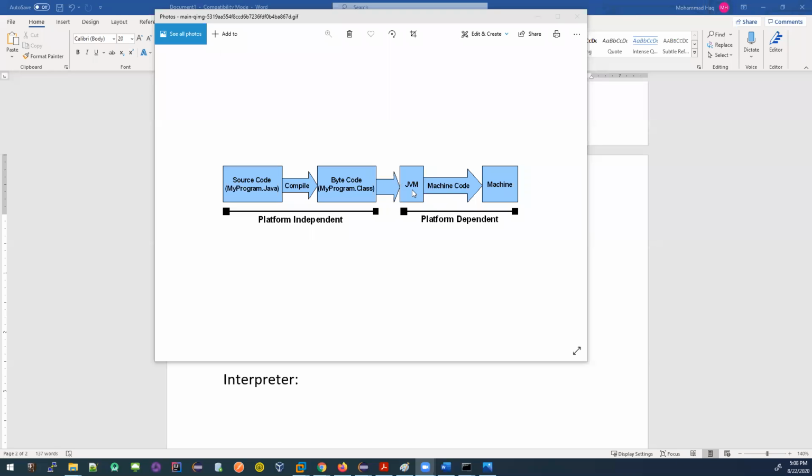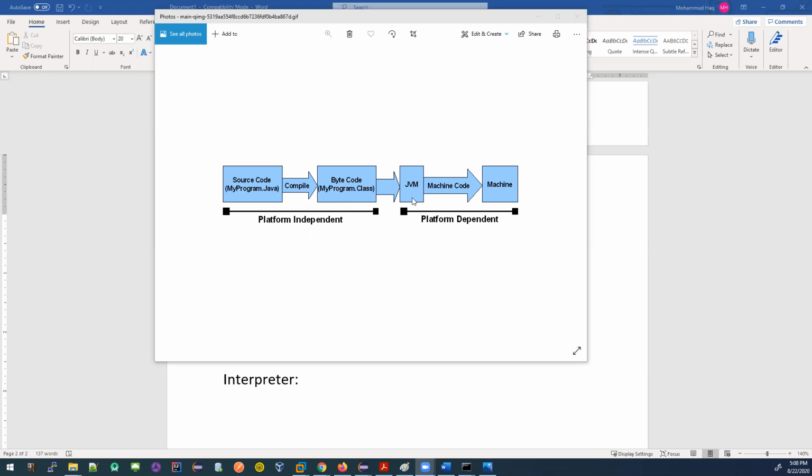Now, with Java, you might have seen that your phone has a Java update. Every computer system has something called Java. The Java virtual machine is already there. There are a lot of physical devices that already have the Java virtual machine. Why do they already have it? Because they can take any bytecode which is generated on any other operating system and execute it right away.